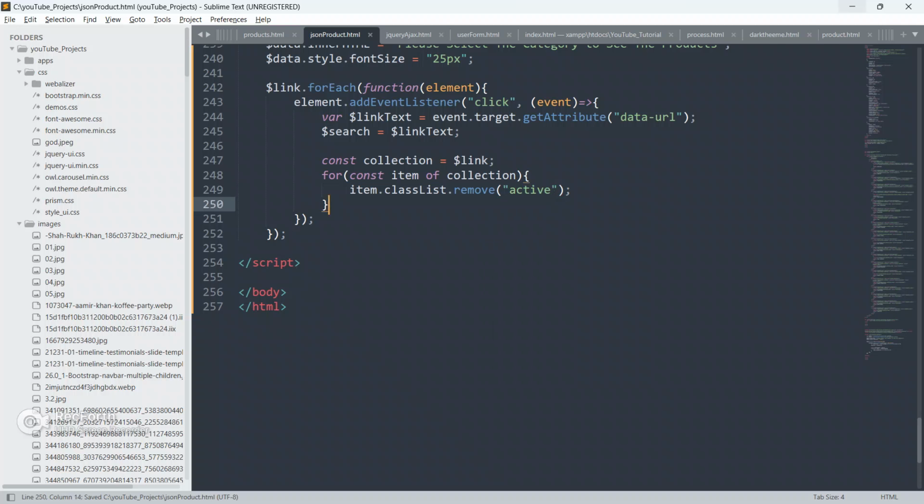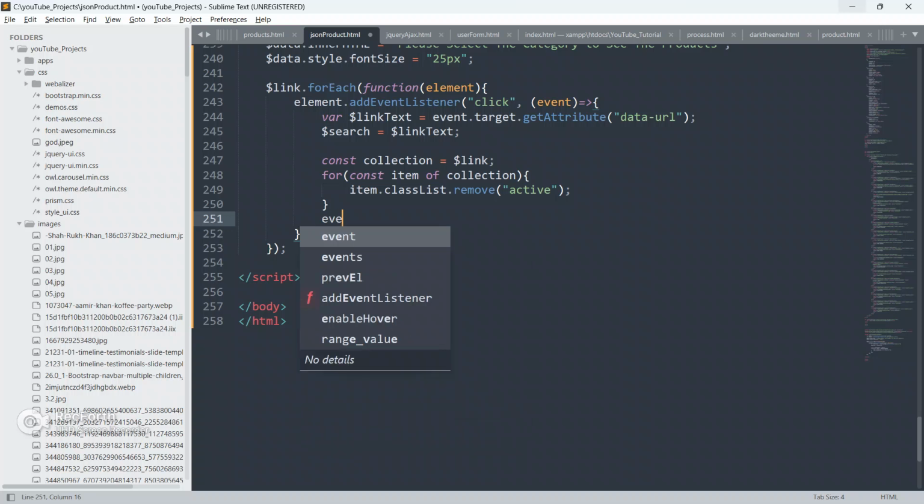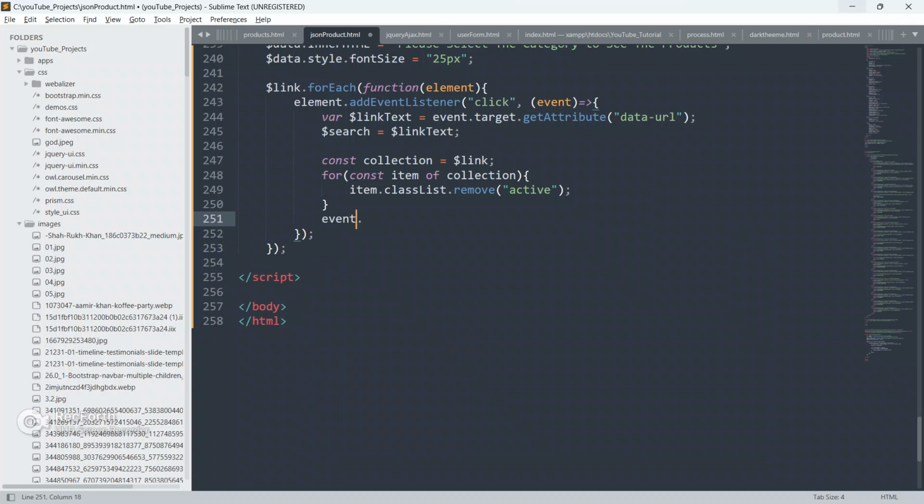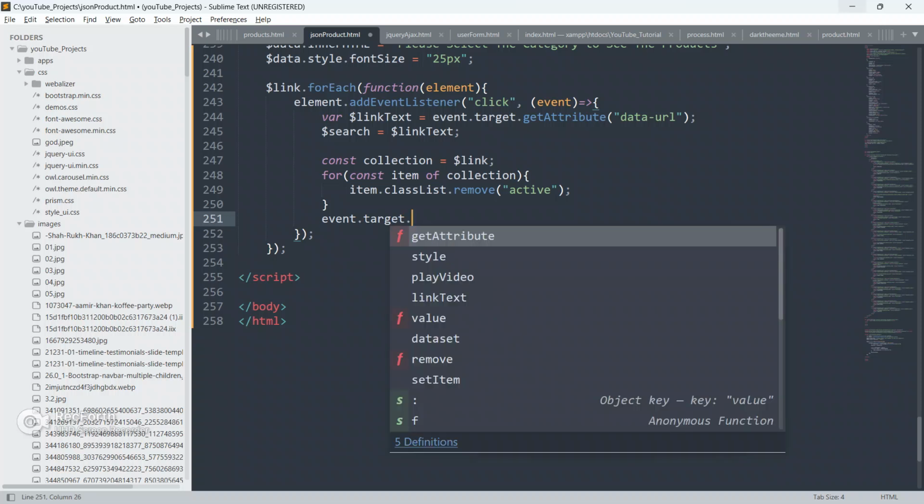What to remove? We are going to remove the active class, guys. And then we will append the active class to the respective category which is clicked right now by the user. So event dot target